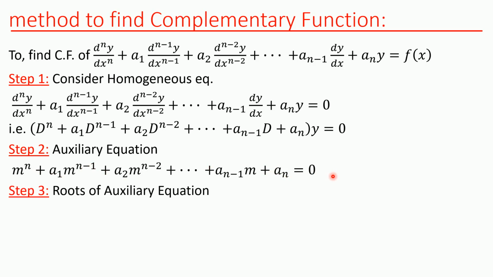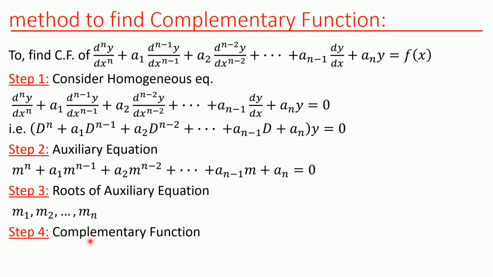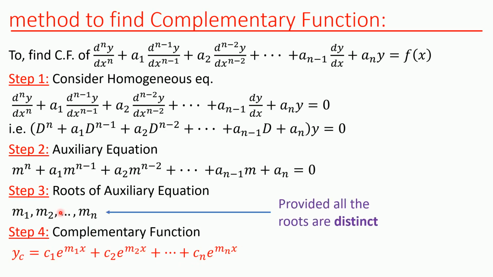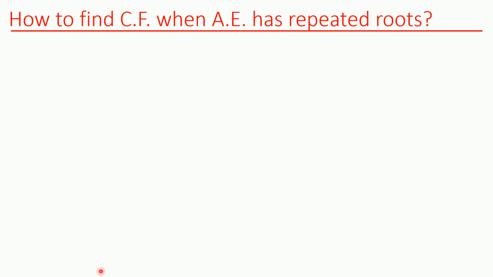The next step, you find the roots of this auxiliary equation. If these are the roots m1, m2, up to mn, there will be exactly n roots. Then we find the complementary function, which is yc equal to c1 e raised to m1x plus c2 e raised to m2x and so on up to cn e raised to mnx, provided all these roots are distinct. When roots are distinct, this is yc, and when roots are repeated,